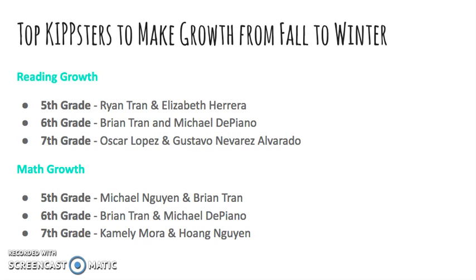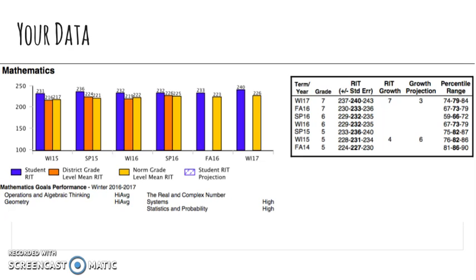Now, we're going to dive straight into looking at the score reports that your teachers either passed out already or are going to pass out soon. You will be taking these score reports home today and getting them signed, so please remember to bring them back signed. Your score report will look something like this. It'll show you a graph. This is going to show you your scores from when you started at KIPP Heritage until now. And I'm going to teach you how to read it because I know that's a lot of numbers and a big graph.